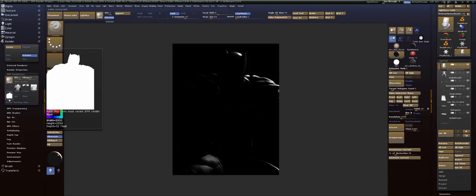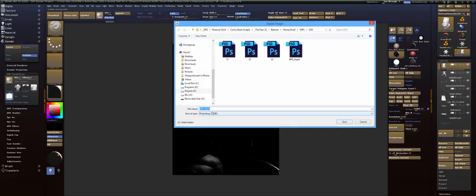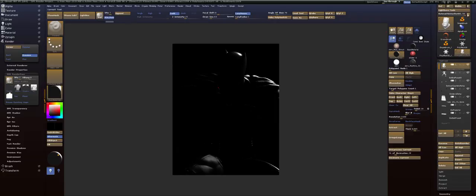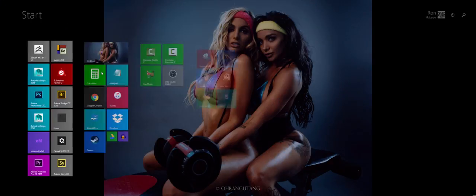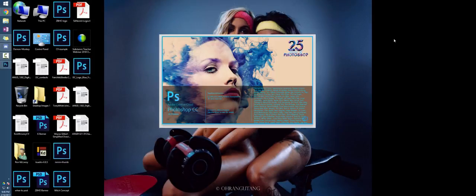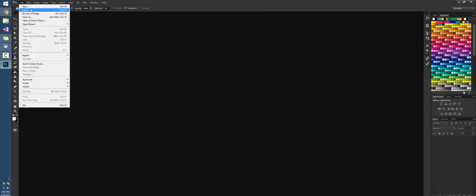Then I'm going to go here to Mask. It says it right there, Mask. Click that, press Enter because it's already titled for me. Then I'm going to minimize this. And I'm going to open up Photoshop. Alrighty, so now we're in Photoshop. I'm going to open up